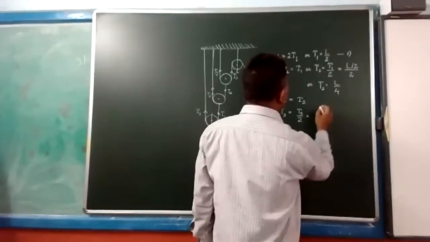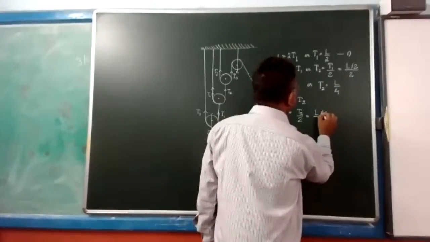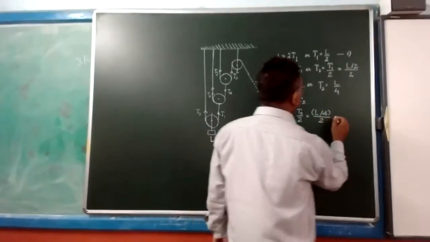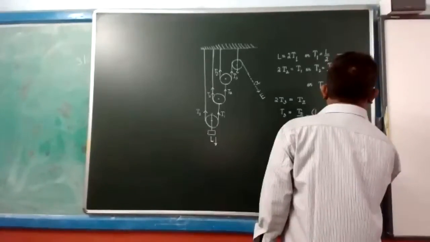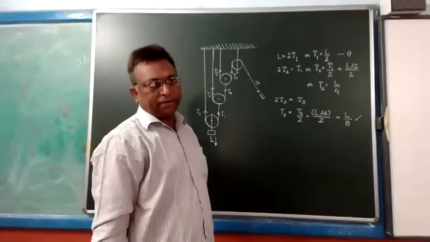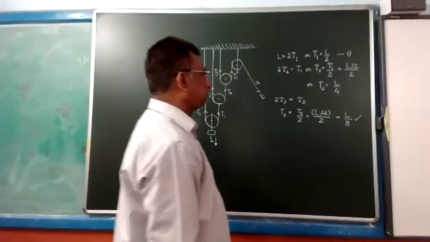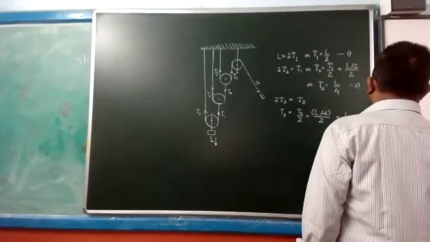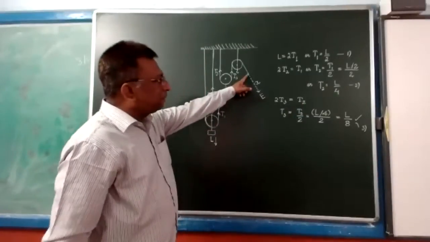T2 is L by 4, divided by 2, so it is equal to L upon 8. Getting the point? This is the second one, this is the third one. And here, when effort is applied,